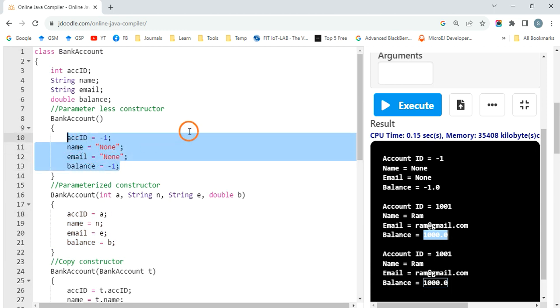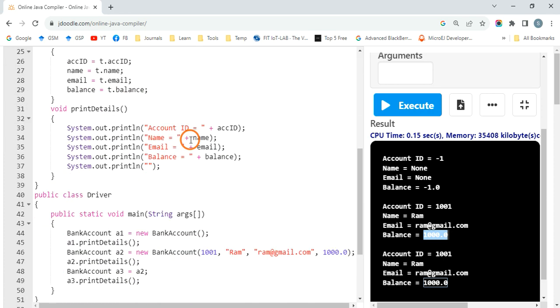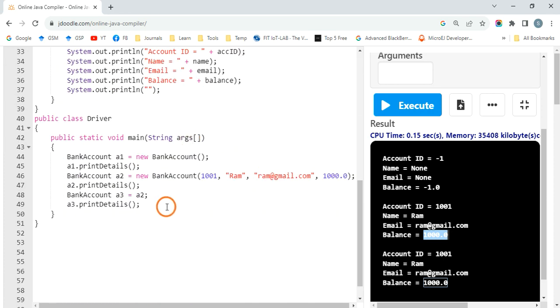Okay, right. So that is all about how to create a constructor, how to create different types of constructor, and how to execute the constructor. So if you have any more doubts or